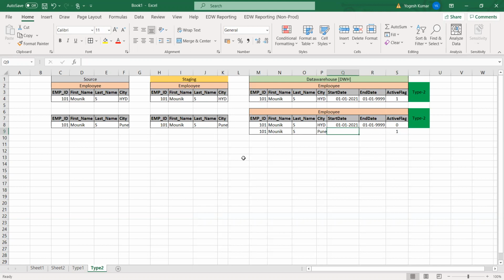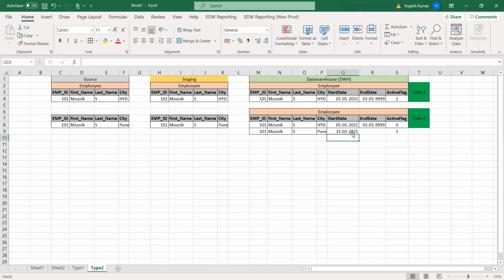Like this updated record came on 31st of March 2021. So the start date would be 31st March 2021.